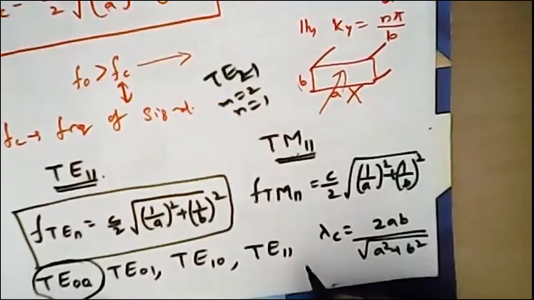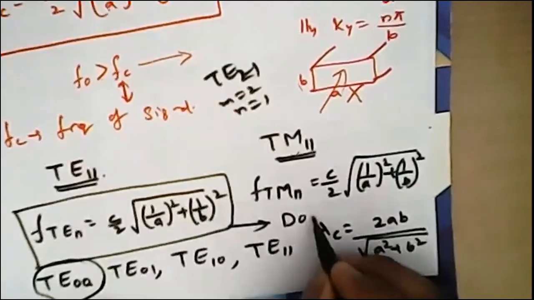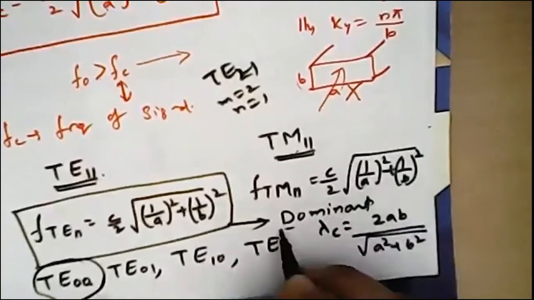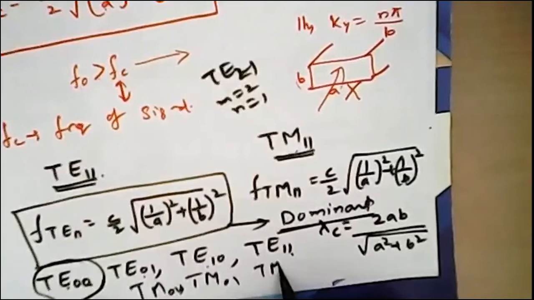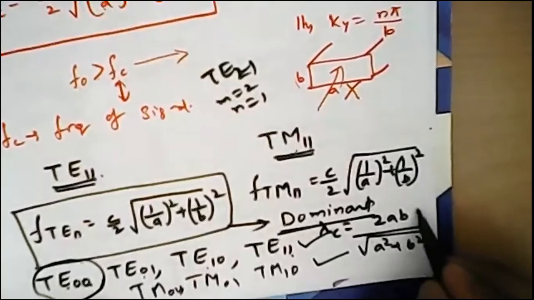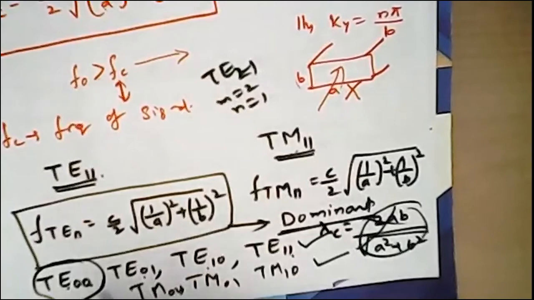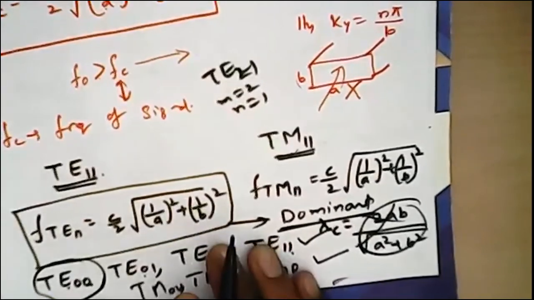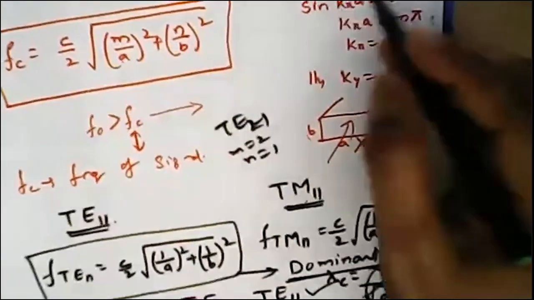We'll see this in the next class. What I'm going to explain next is the dominant mode. I'm just giving a glance here. These are the different modes of propagation in TE, and we also have different modes of propagation in TM: TM00, TM01, TM10. We'll see which modes are possible and which are not. Using the expression, we'll see how to calculate the cutoff wavelength and the dominant mode, and which are possible and which are not. So these are the two topics we have discussed.